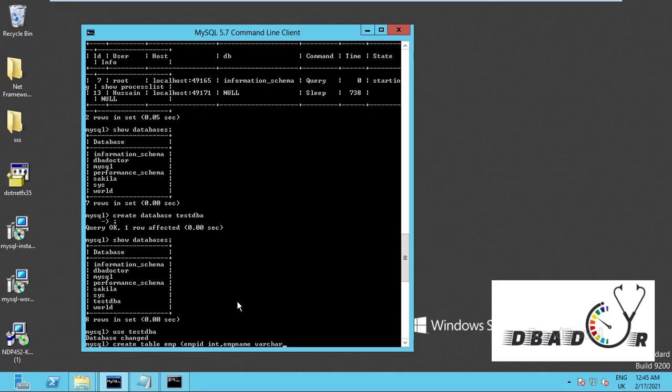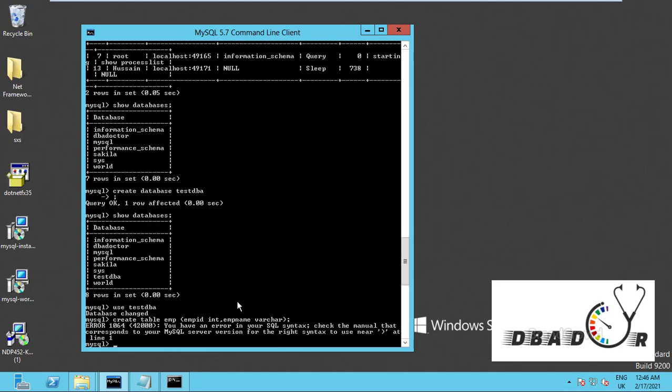This is the data type definition. Emp id is int, because int is for integer, and varchar is for a word or any character it will accept. For that I am keeping integer for emp id and varchar for emp name. I'm closing, and it throws an error because the syntax is not properly designed here.